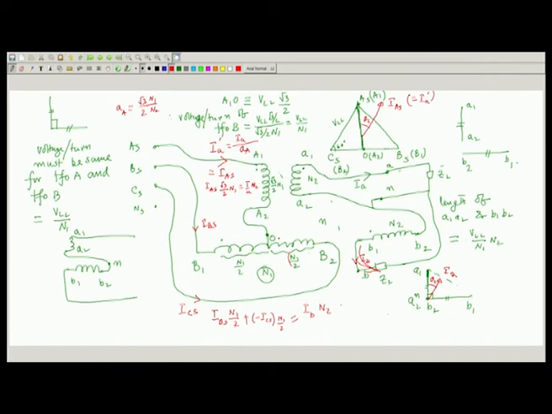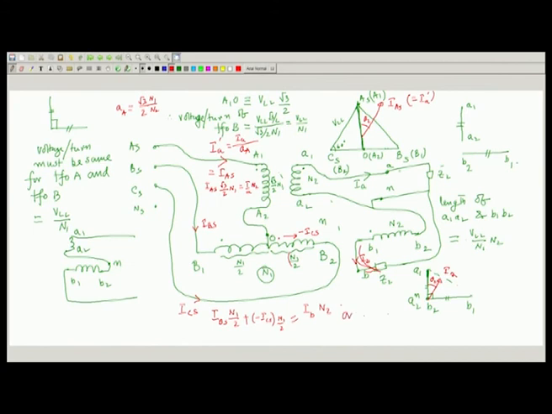That is what we assume for 3-phase circuit analysis. And if this is dot, this is dot, we have learned in auto transformer this that. So, current flowing in this direction is minus I C S. So, this plus minus I C S into n 1 by 2, and that must be equal to I B into n 2, or